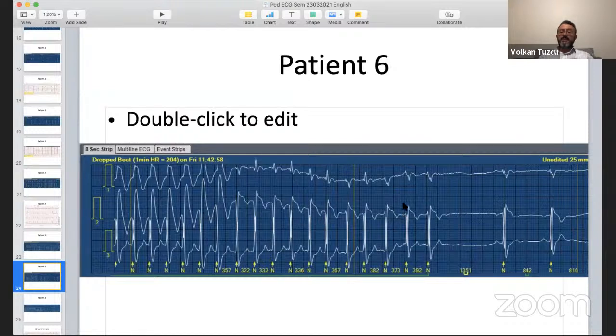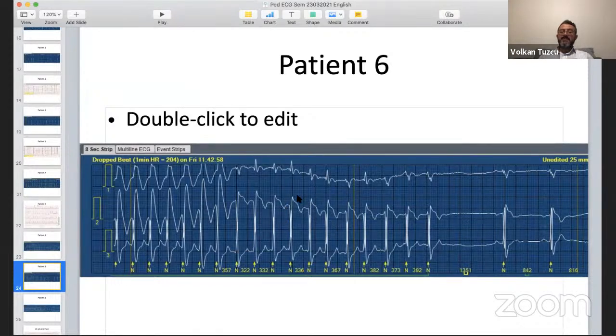Why? Because the second wide QRS tachycardia is wide QRS because, you see the baseline, this patient has bundle branch block. It has the same morphology. Therefore, this is SVT, not VT. Since it's similar to sinus bundle branch block, this is SVT with bundle branch block. So it's still wide QRS tachycardia.